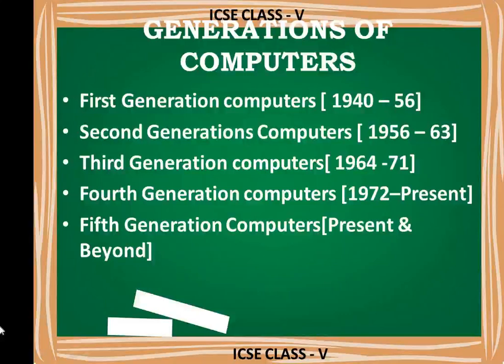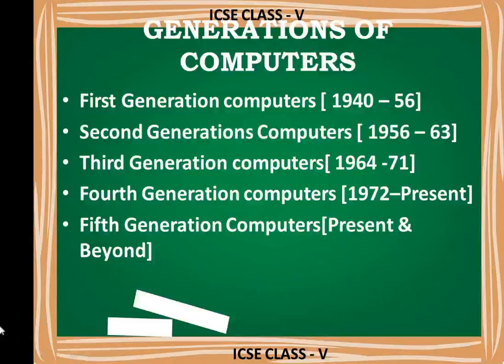They are also reliable and can be easily purchased by anyone, and they are the cheapest among all the other generations. Compared to the first, second and third generations, the fourth generation computers are very cheap. The examples of fourth generation computers are Apple Macintosh, IBM PC, etc. Apple Macintosh is from the Apple company. IBM is another company; the full form of IBM is International Business Machines. PC means personal computer. These are some examples of fourth generation computers.